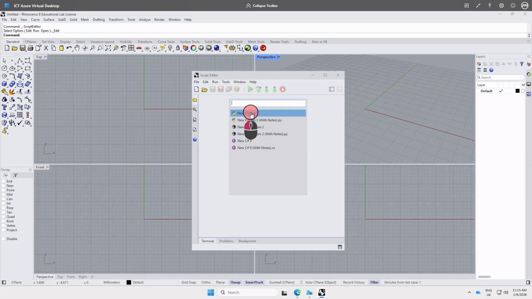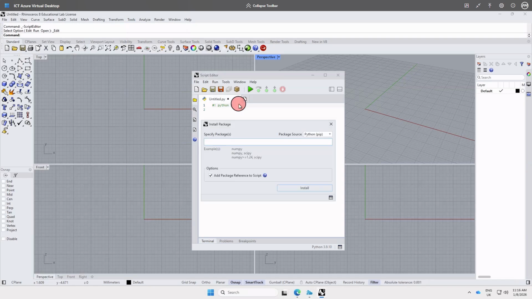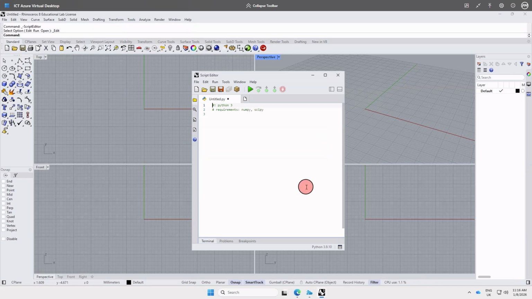So I'm going to say new Python 3, and then I go to this package icon here. So install a third-party package for this script. I just want to click on it, and then obviously in here, NumPy and SciPy are the two packages that we're going to use. So this should be quite quick if they're installed already. It may take a few minutes for you to actually install everything if you haven't been through the process before